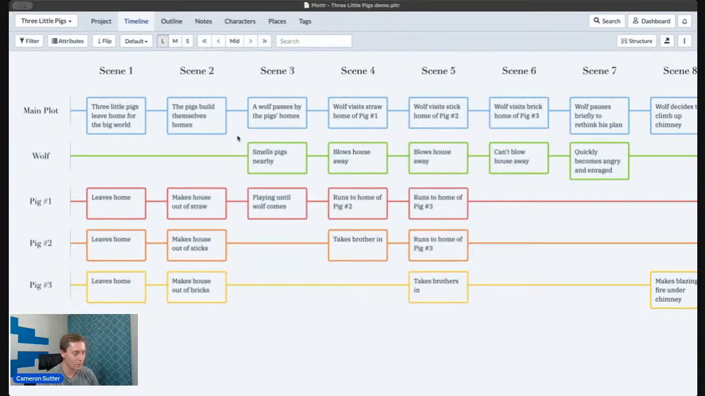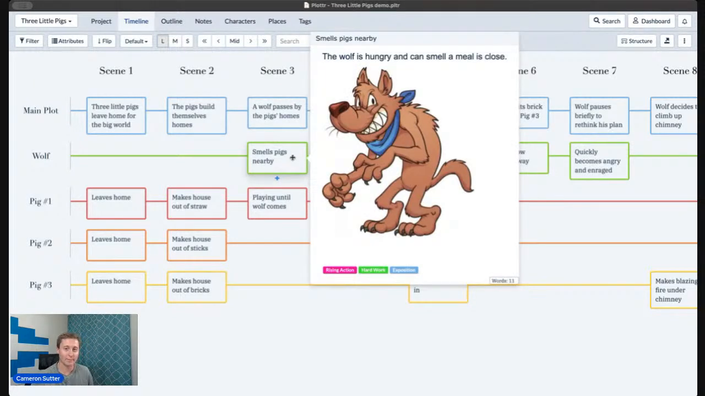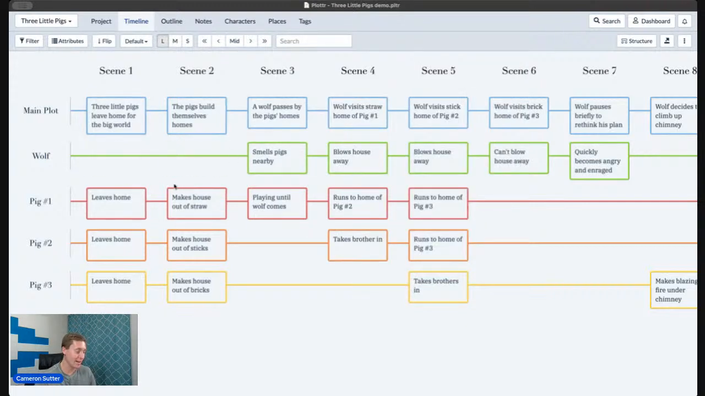And then suddenly the wolf shows up. He's passing by the pigs' homes, and he smells some pigs and comes by. Again, we don't know why. And in fact, we know even less about him than we do the pigs. There's a big old hole here. Why does he show up? What's his backstory? We don't know anything. We don't know anything about